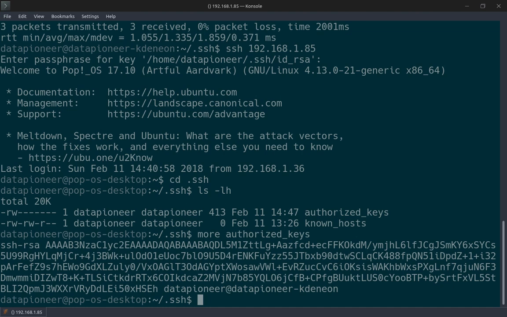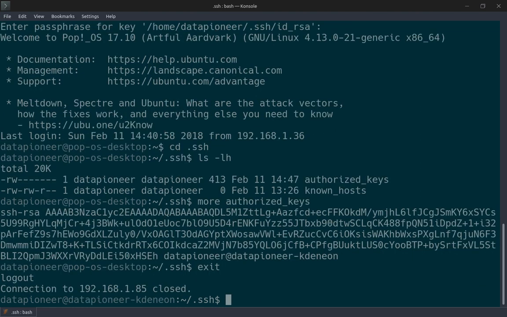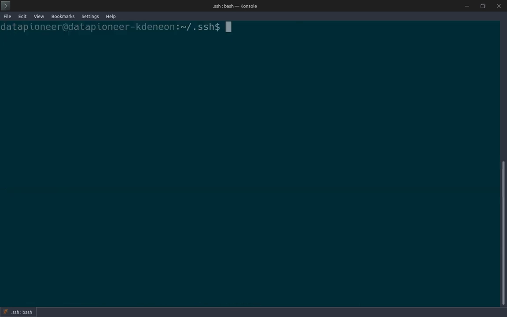That's all well and good, but what we've done basically here is replace the requirement to enter a password with the requirement to enter a passphrase, and that's still not going to be good enough because that's still an administrative burden. So let me exit the server, get back to the local machine, and clear the screen again. Now what I'm going to show you is a way to get around entering a password or a passphrase, and that is by